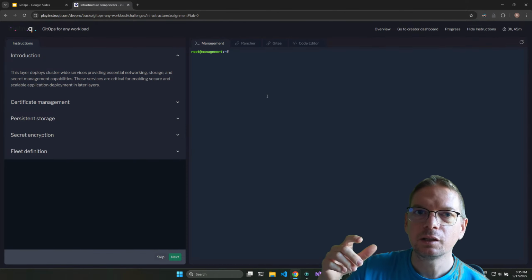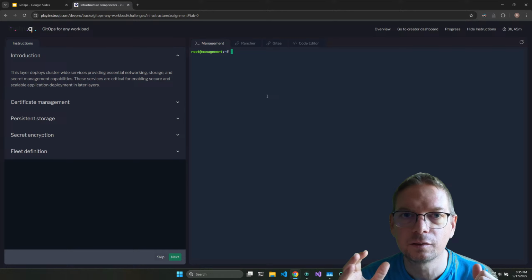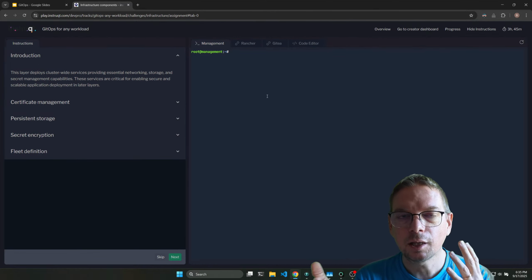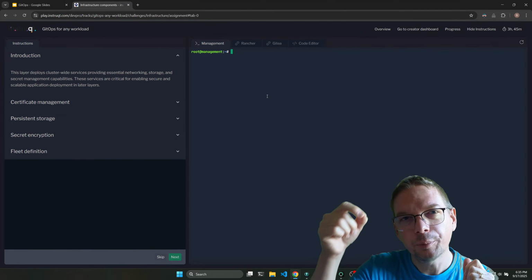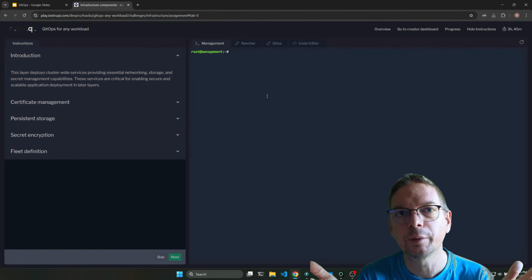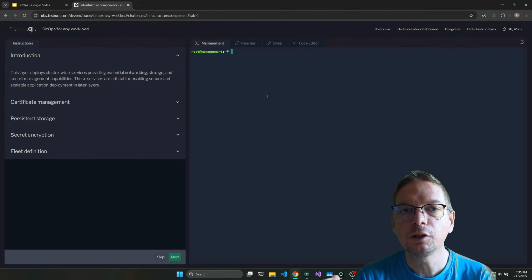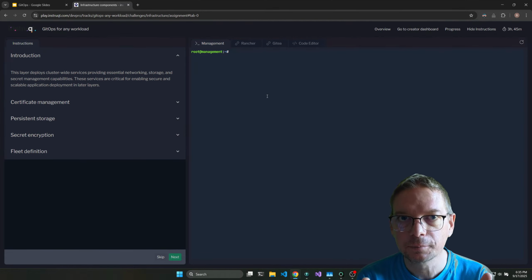The second one is storage. By default, nothing is saved. Kubernetes is container orchestration, and by default, when you run a container, it can update files, but it will be in the container. The next time the container restarts, everything will be lost. So if you want to save data, you really need to define it.